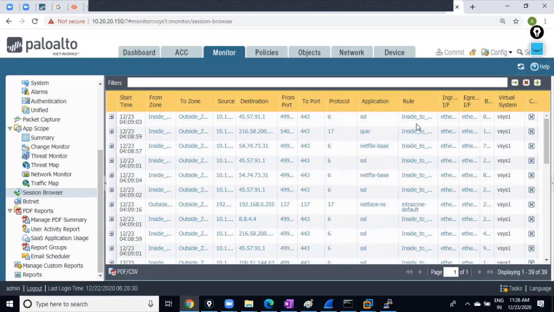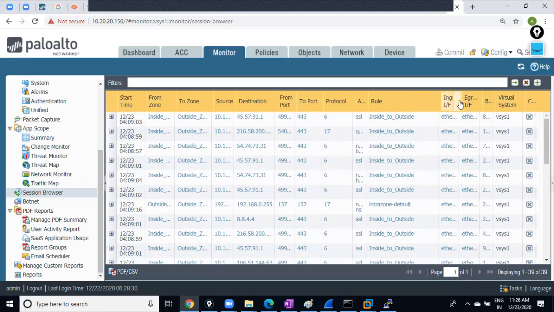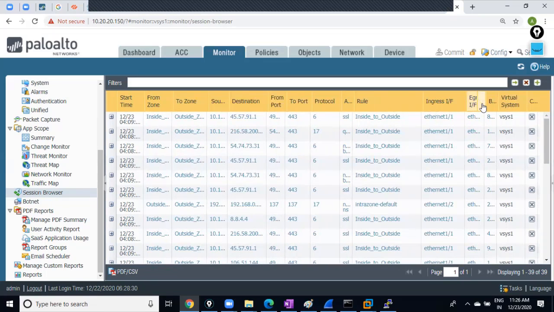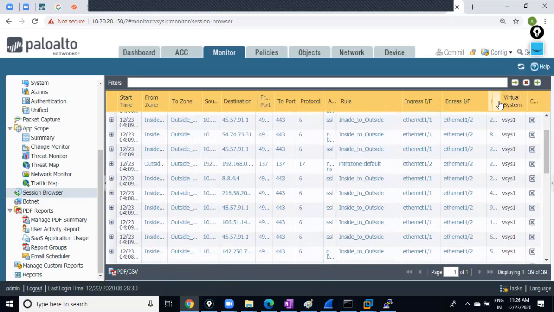Then what are the rules and all? Inside to outside, which rule we have configured? Hope you remember we have configured this rule. Ingress interface Ethernet 1, egress E/2. Ingress E1 and then exit is E/2. After that,